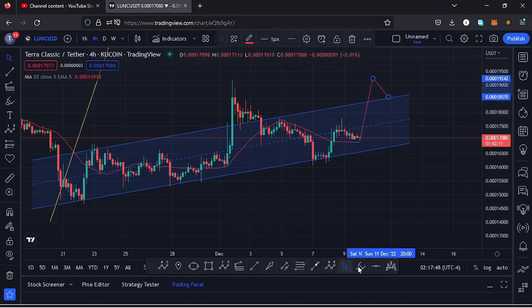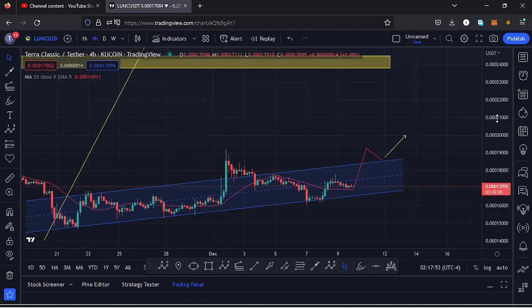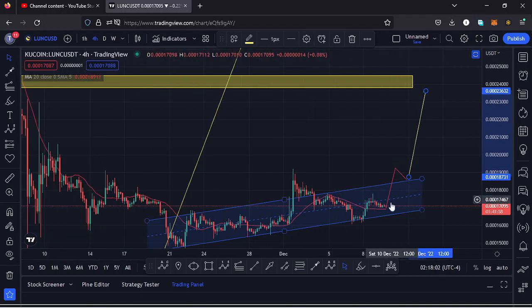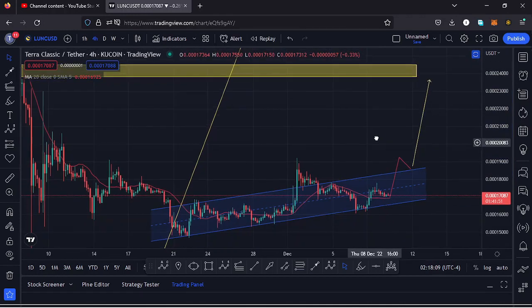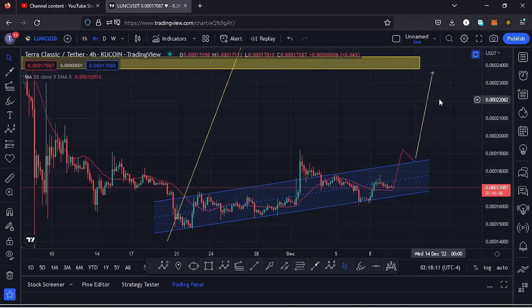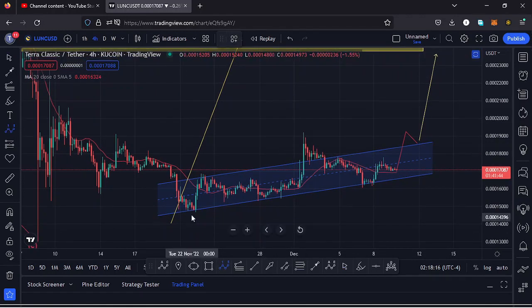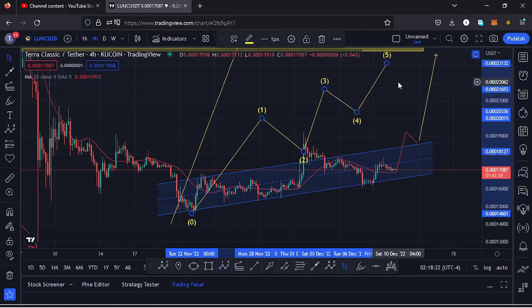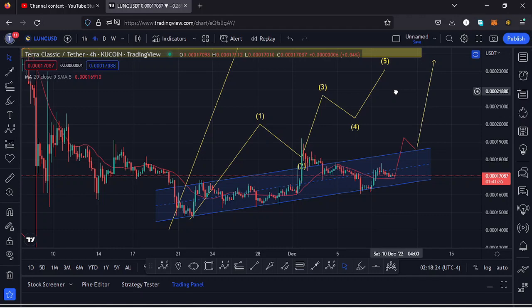And once the retest is in, then we can continue pushing even higher, and my next target area will be at around the $0.024 mark, because that is where we'll be facing our next key area of resistance. So let's be patient and see how that plays out, whether we are going to see that breakout to the upper side and continue pushing even higher. And in case we see a breakout out of the chart pattern and continue pushing higher, there are chances that Lunc might start obeying the Elliott wave structures, having an Elliott wave structure over here in the formation of that higher Elliott wave count 3. So let's be patient, and I'll keep you updated on anything that plays out here on the Lunc chart.